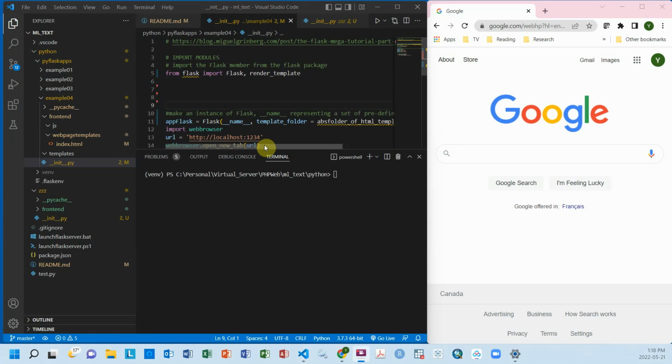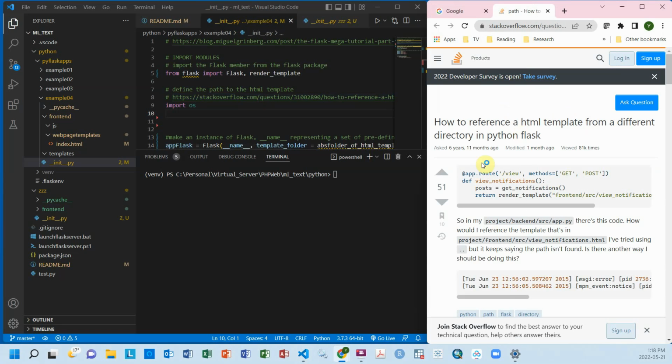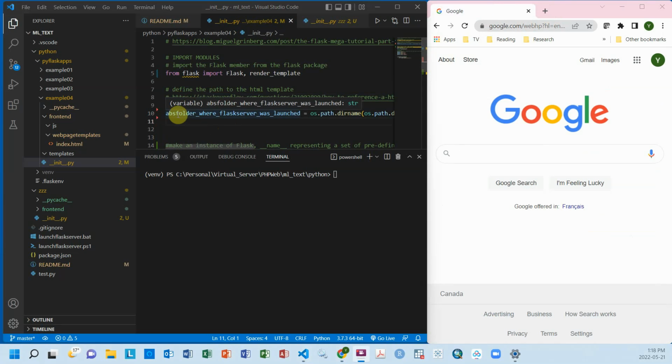Well, so to determine this folder, the first is that we are gonna have a package called OS. All right. So by the way, the detailed methods are introduced here, and if you are interested, you can go there and read the thread, but it is not entirely correct. Anyway, we're gonna import this OS. The next is that we're going to use this line to get the absolute folder. So an absolute folder is like the one that starts from the C drive, for example. It is the complete folder,